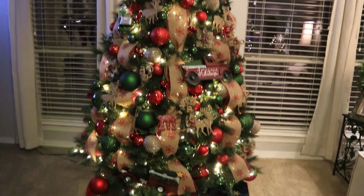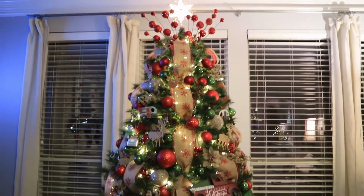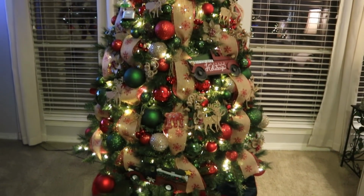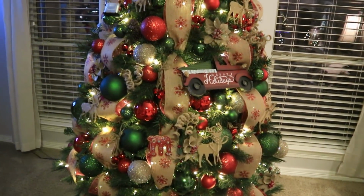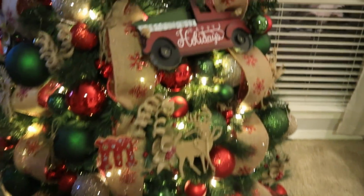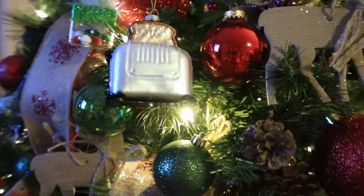When we look over here, this is my tree for 2019, and I absolutely love it. There's not one thing I would change about it. I think it's completely magical. I'll turn off the light in a minute so you guys can see what it looks like, but it's everything I've always wanted my tree to look like, and I feel like I'm really happy with the work that I did. There's really not much plaid going on in this tree, as shocking as that is. It's more like the tree in the dining room that has all the plaid, but